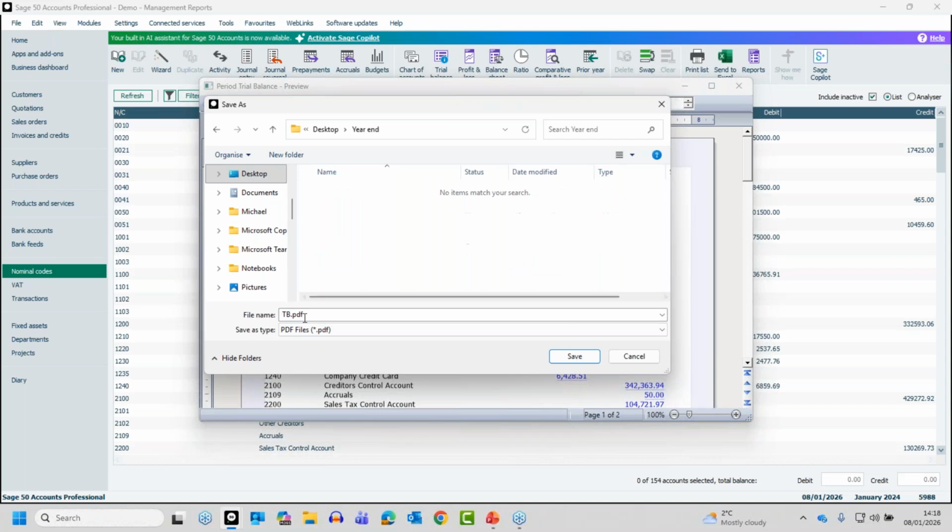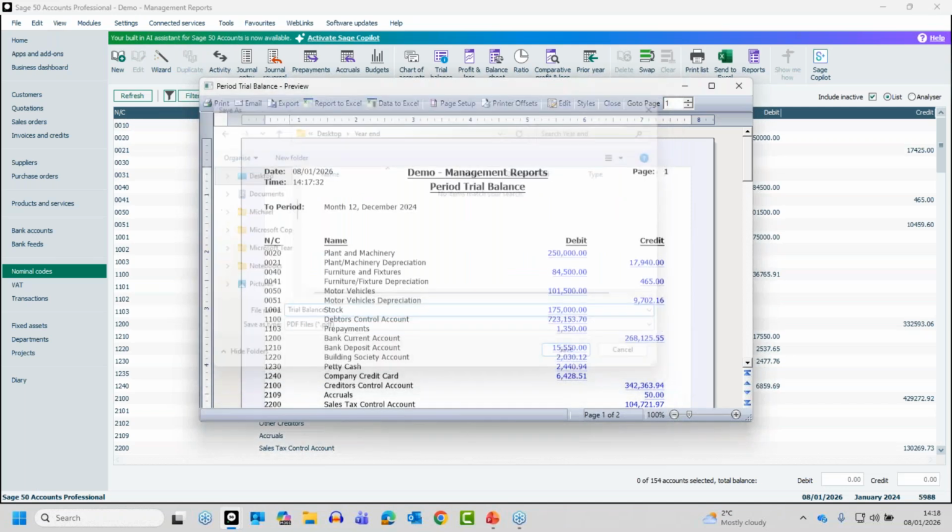So in that folder, save it as a PDF. It means I've got a copy of that there. So if you've lost your printed copy, or you don't know where you've saved that to previously, it means I've now got a copy of that report saved,